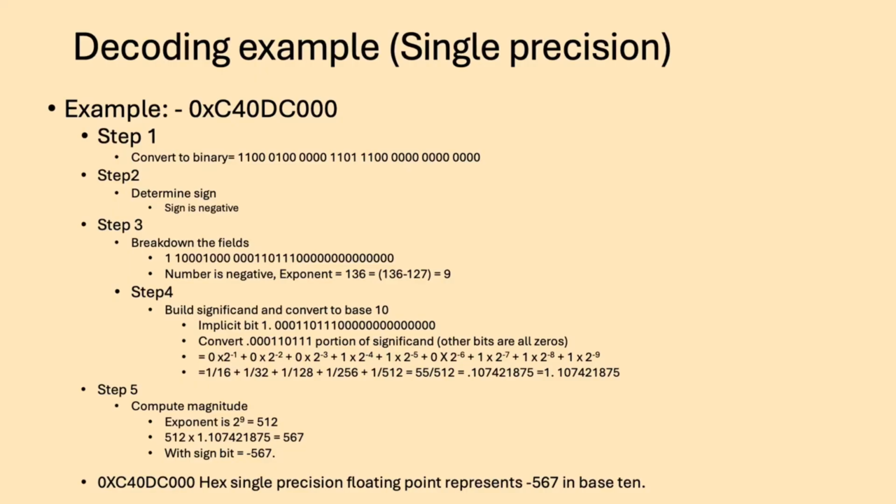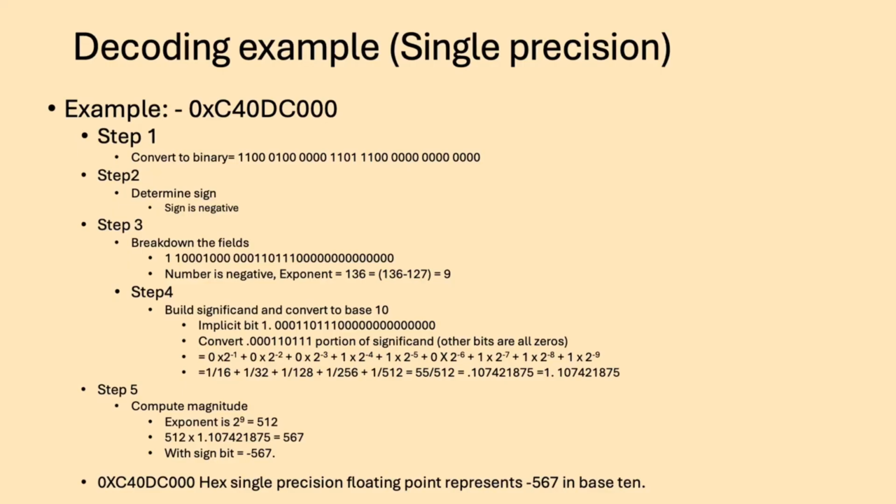The true exponent is 9 since the field breaks down into 136 decimal, and subtracting 127 from this number gives 9. Add in the implicit bit to the significant field. Converting the fractional part gives 0.10742185. Multiply the complete significant